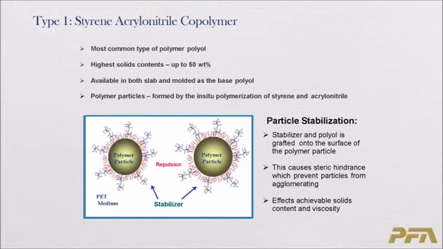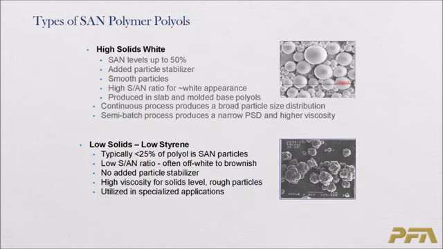So the styrene acryl is the most common type of polymer polyol out there. Again, it was developed starting in the late 60s. You can get solids content up to about 50% solids, and you can get them in both slab and molded type as the base polyol. The two main types out there are the high solids, which are typically higher styrene, and they're white, and they're typically very smooth type particles. And depending upon the process, whether it was a continuous or a semi-batch, you'll get a different particle size distribution